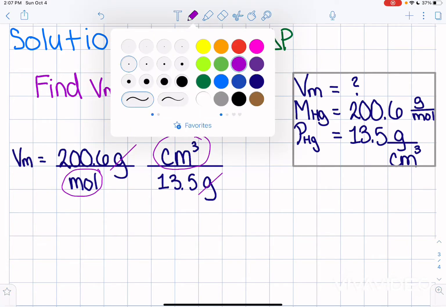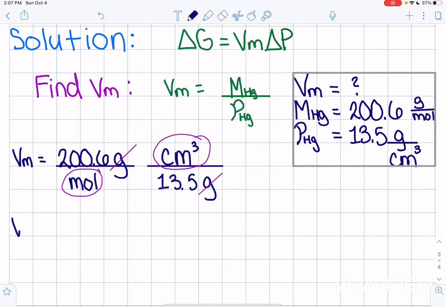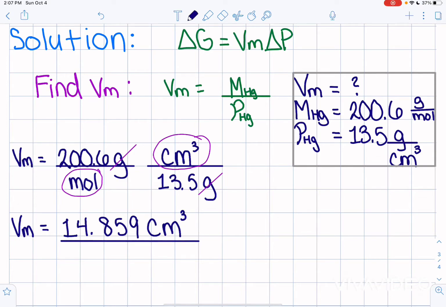So I'm going to go ahead and change back to my original pencil. My molar volume, if you were to put this into your calculator, would be 14.859 centimeters cubed per mole. And because we are looking for ultimately joules and then kilojoules, it would make more sense for us to go ahead and convert this to meters cubed at this point,